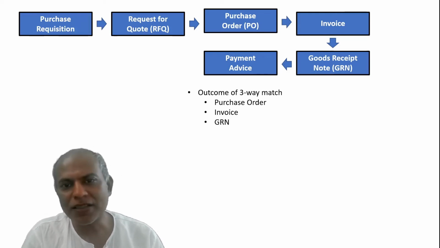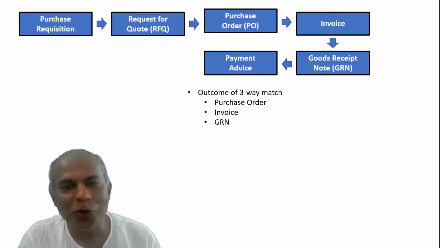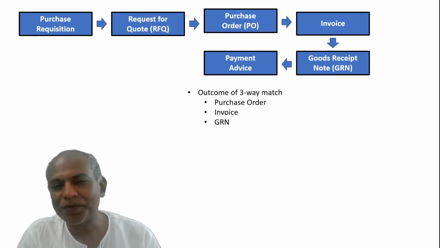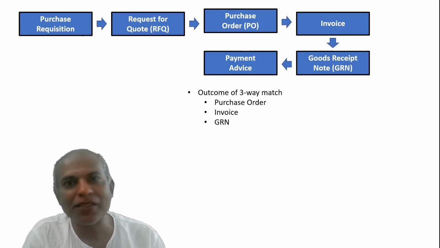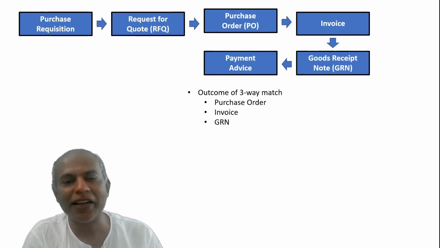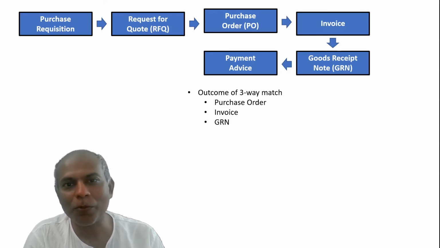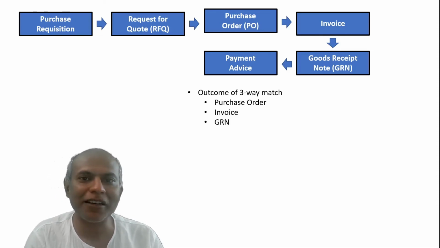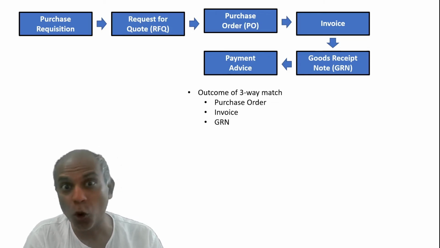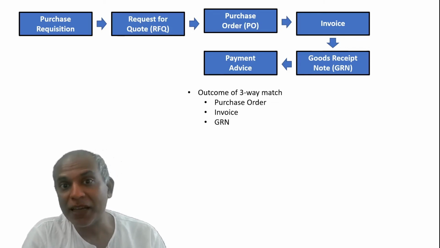But since the idea is that all these documents should match exactly, and many companies have manual systems where data is being re-entered and things are regenerated every time, the three-way match becomes problematic, and the number of invoices matched or the payment advice created by accounts payable tends to be pretty low, and the lead time also tends